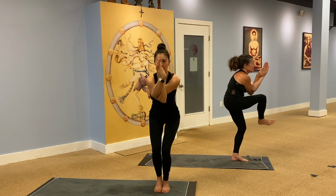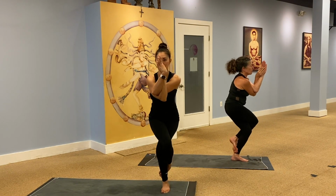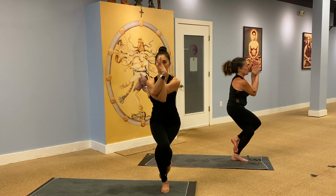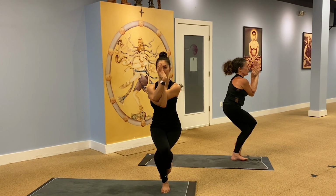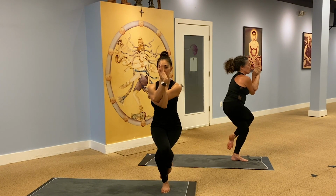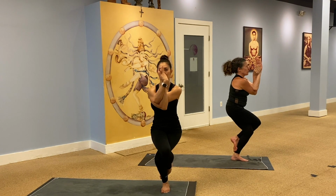And then the right leg wraps around the left leg until you can see all 5 toes eventually sticking out the other side. If you can't get the foot behind you, you can bring your foot out to the side and just slowly start working that foot around like Janice is showing you. Once the foot hooks, bring the top knee to the center. We'll line up our knees and elbows. Hold, breathe,